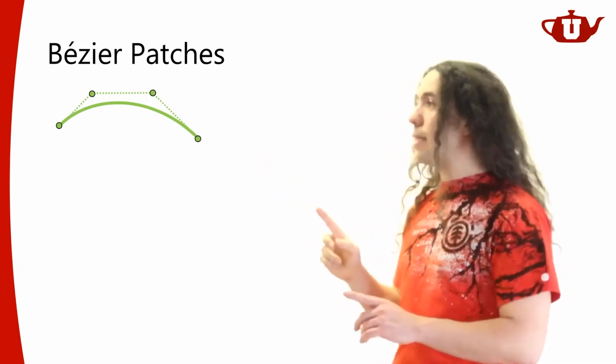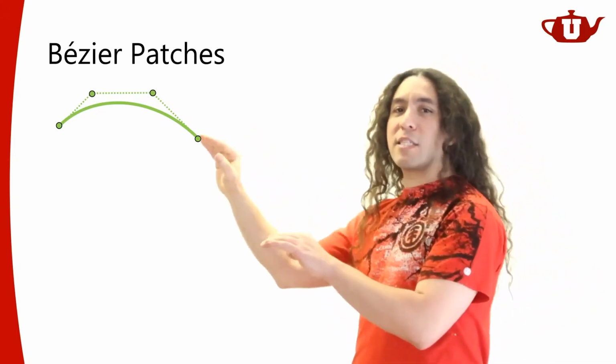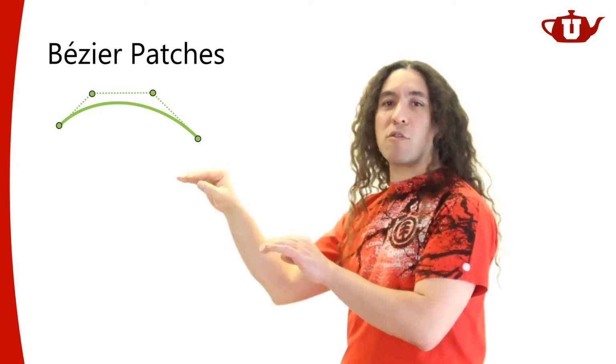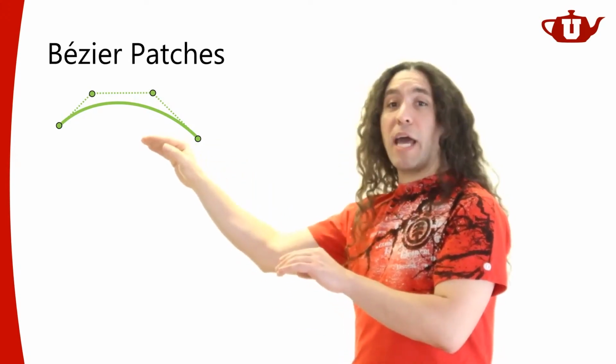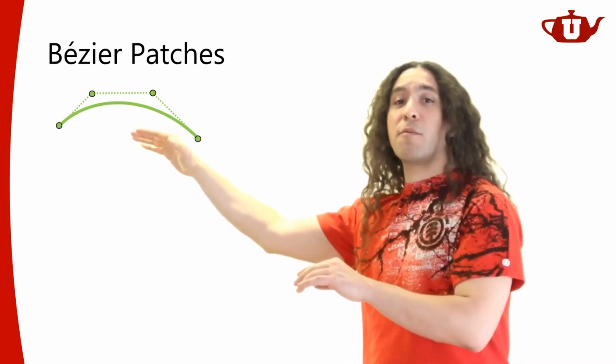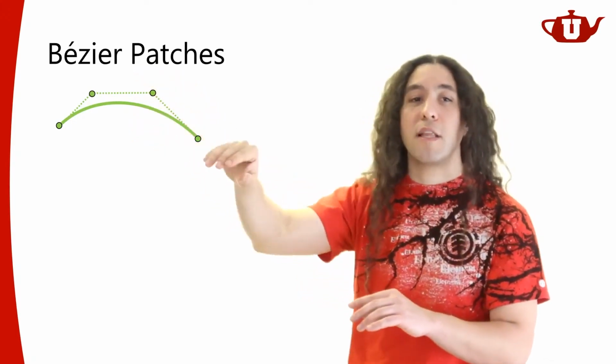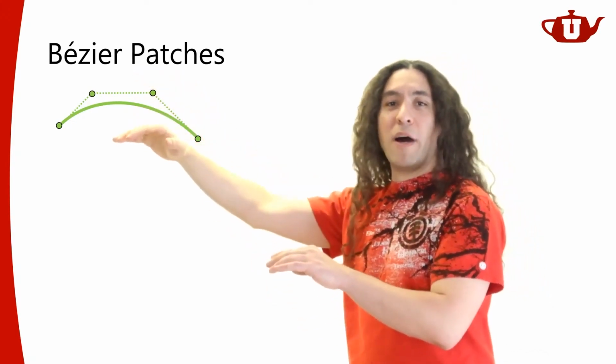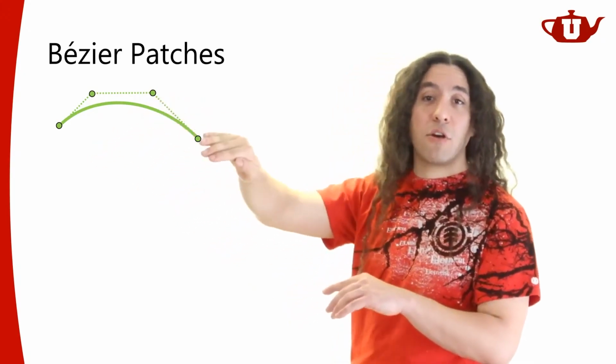And the way that I'm going to generate a surface is that I'm going to take this curve as my one cross section, and I'm going to build a surface that starts from here and moves in this direction like this, right? One end of this surface is going to be exactly this curve. So this curve is going to be just one cross section of it, and I'm going to build a surface from this curve.